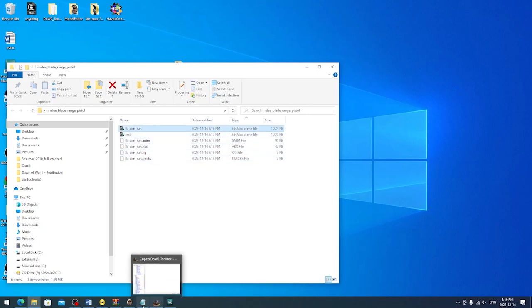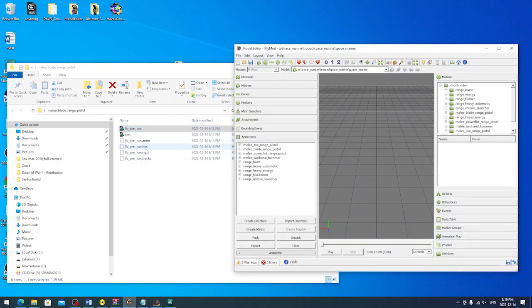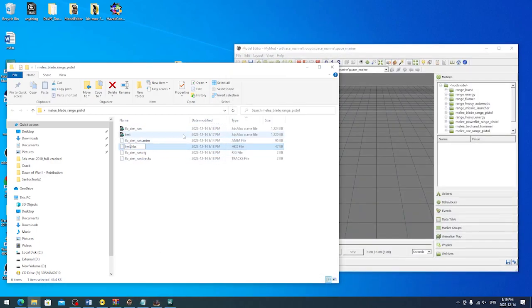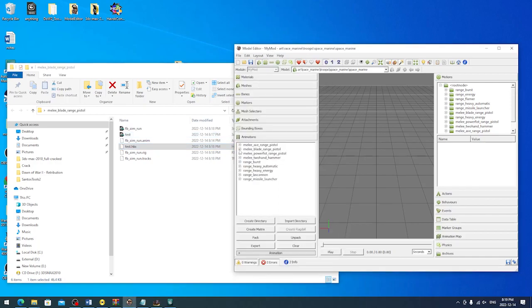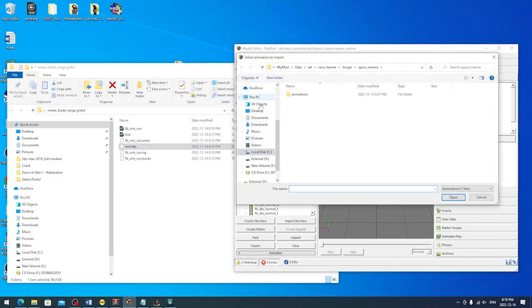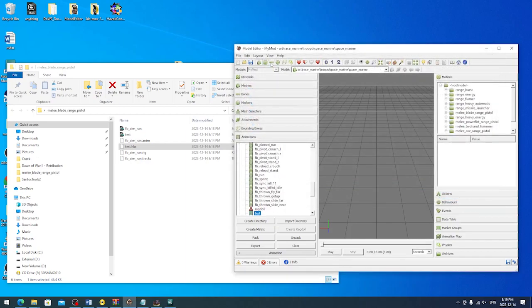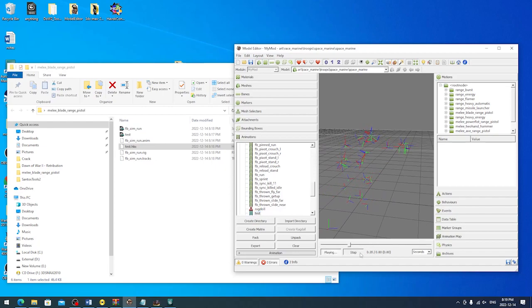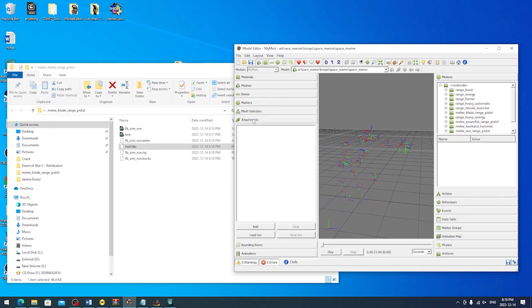But let's go ahead and import the animation we just worked on. And I'm just going to rename it to test so I can distinguish it when it's in here. So under desktop, under melee blade range pistol, I want to import test. If I make the bone or render bones, I should see sort of an outline of my unit in the form of bones. When I select test and play, it should show the same animation, but just for confirmation,